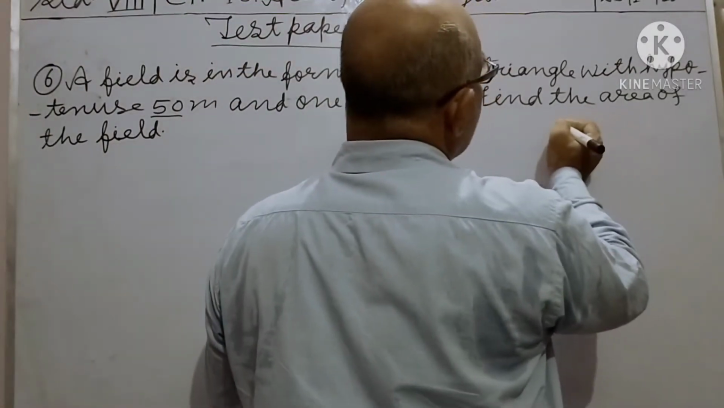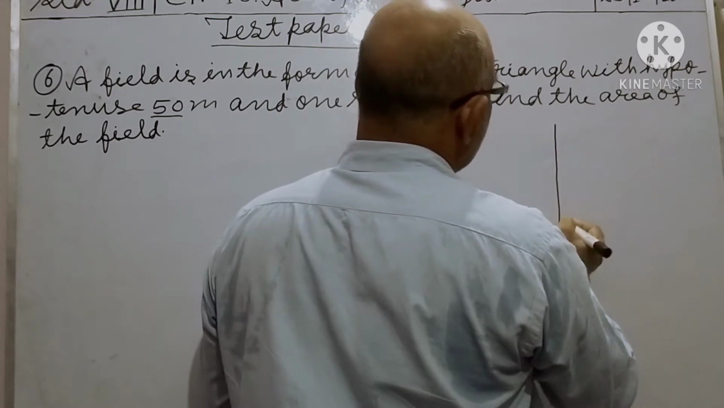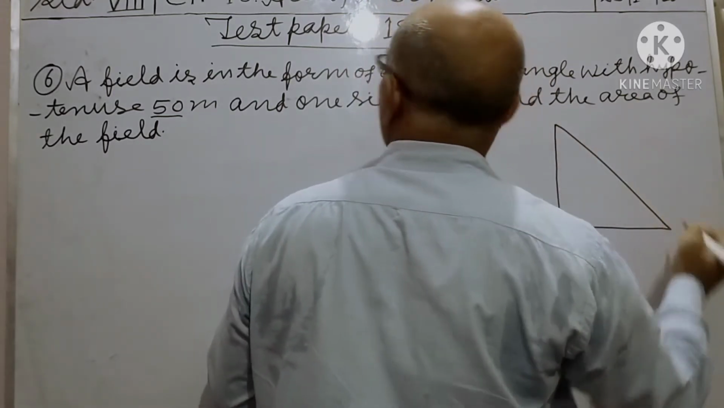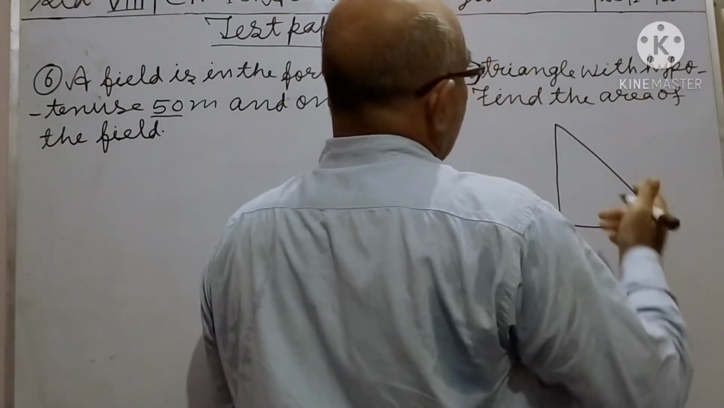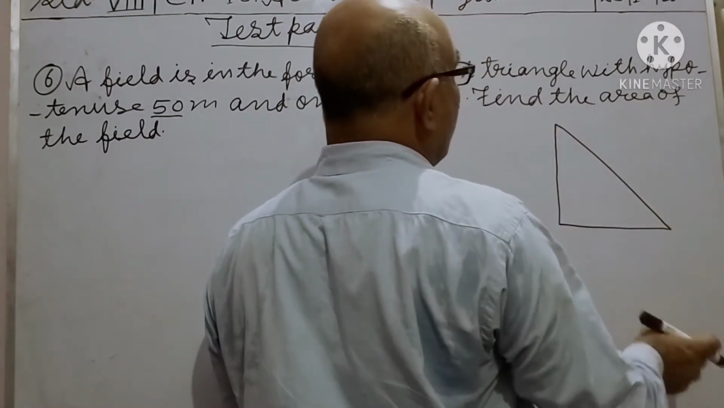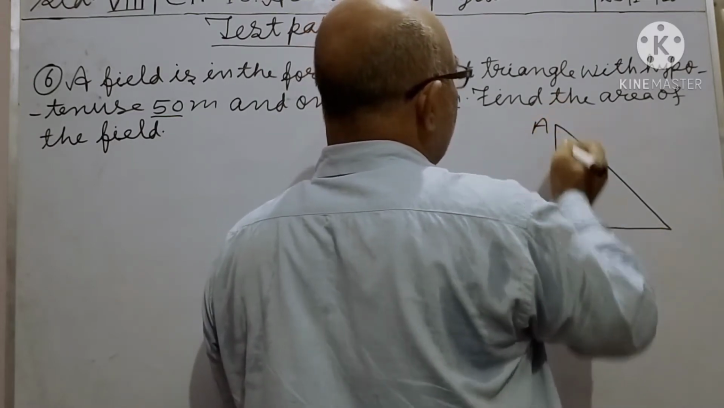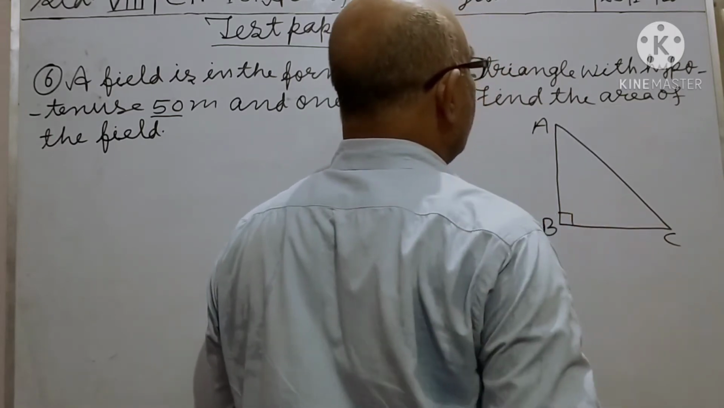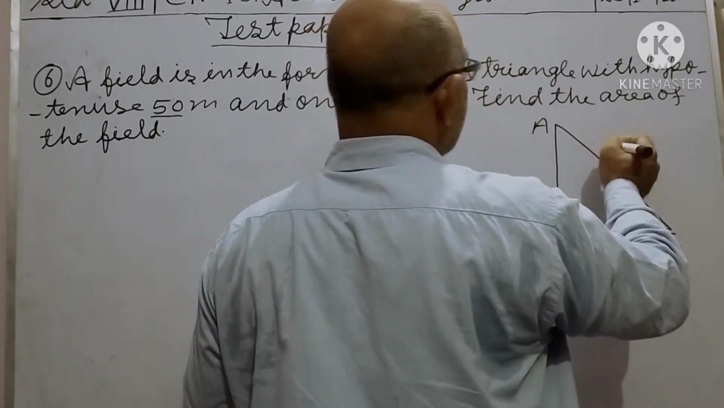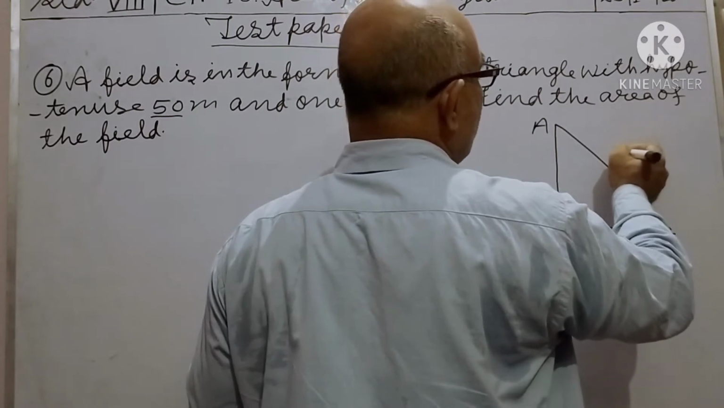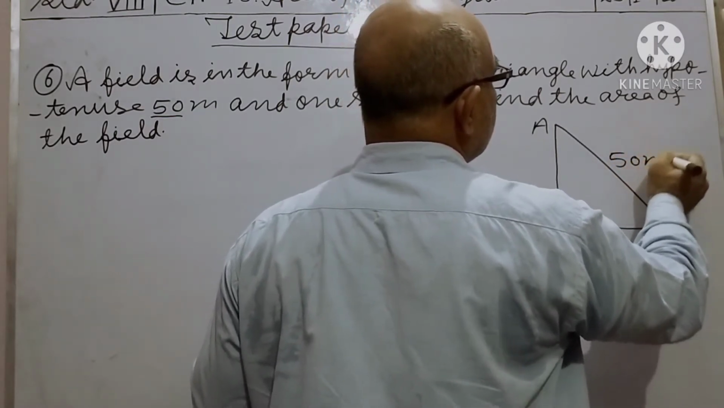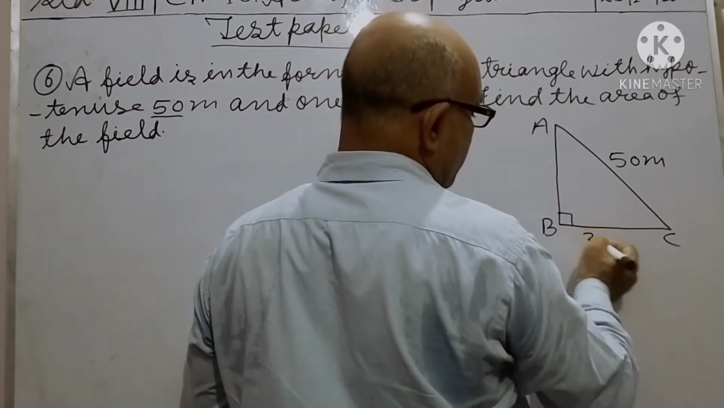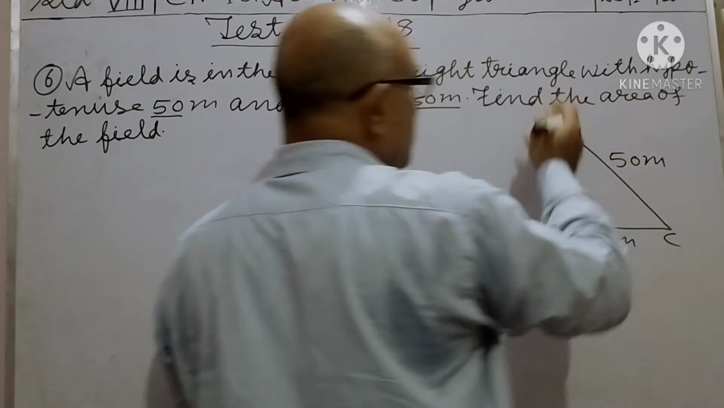So let ABC be a right triangle field. Angle B is right angle. Hypotenuse AC is 50 meter and one leg BC is 30 meter. So find AB